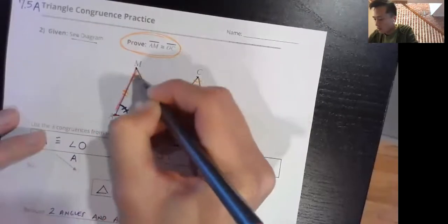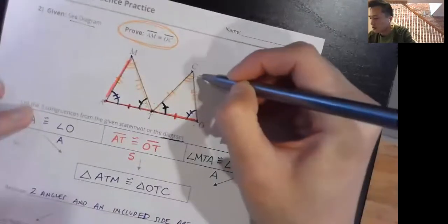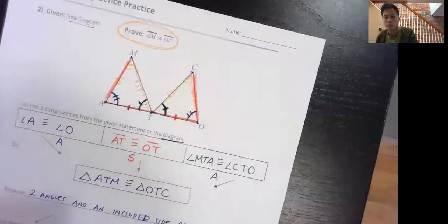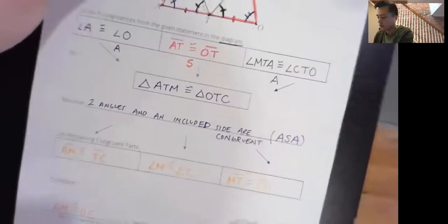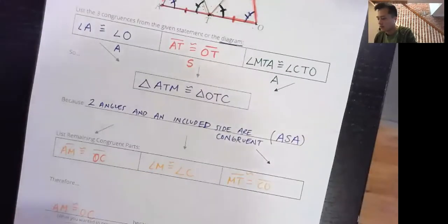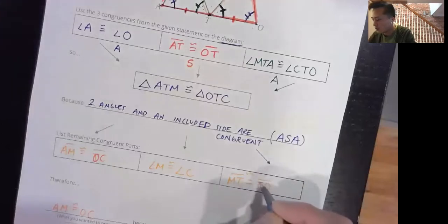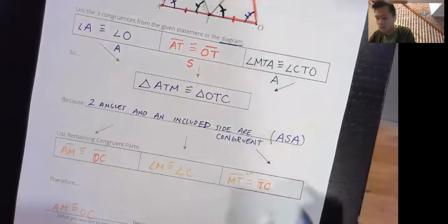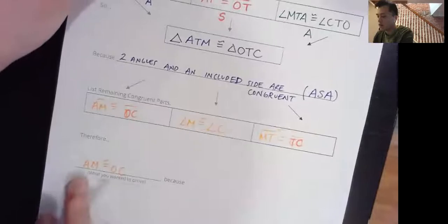AM is this, OC is this. Those two sides are congruent. Okay, so it's AM and OC right here. And then MT and TC. So sorry. Okay, so AM is congruent to OC,